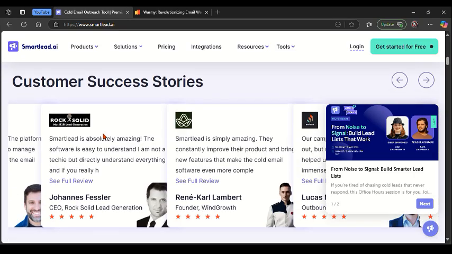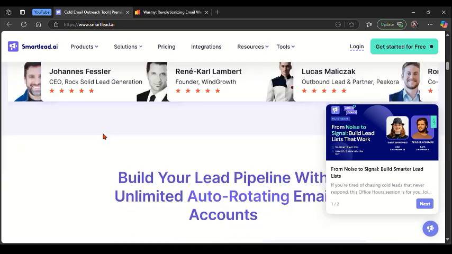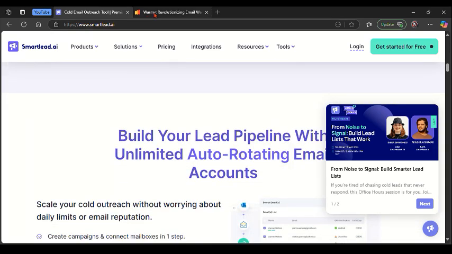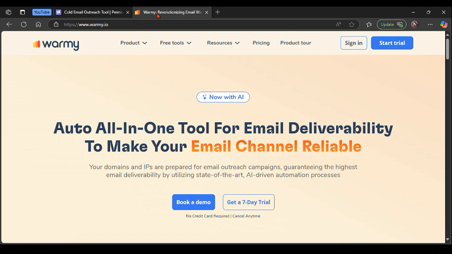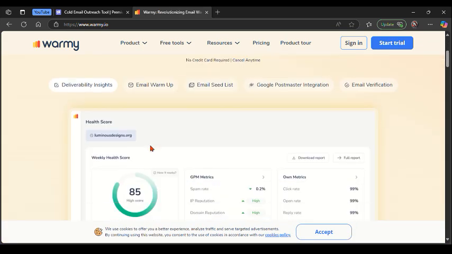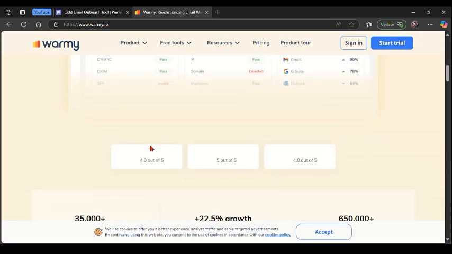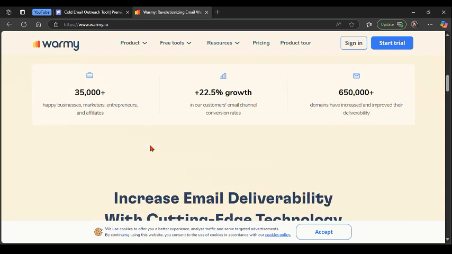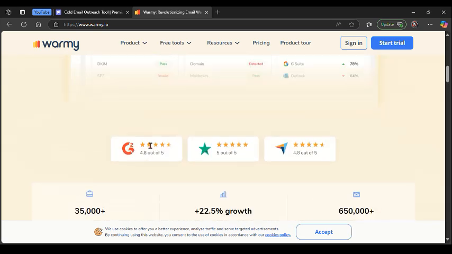Smartlead is an advanced cold email automation platform focused on scaling outreach safely. It offers AI personalization, unlimited sender accounts, inbox rotation, and automated warm-up features, making it ideal for agencies and large-scale